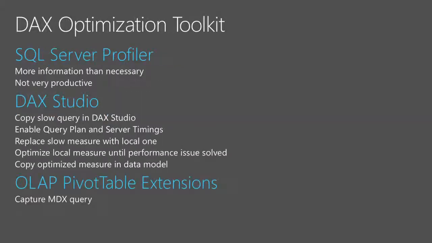How can we obtain information about these counters? We have a tool provided by Microsoft, which is the SQL Server Profiler. The SQL Server Profiler is a general-purpose tool that provides you all the information about the events that happen in the engine. But spending time retrieving the data that we really need to optimize a query is expensive.